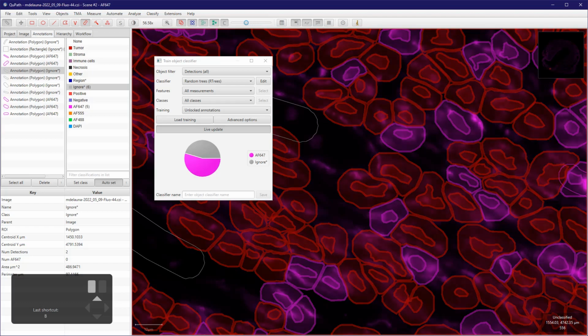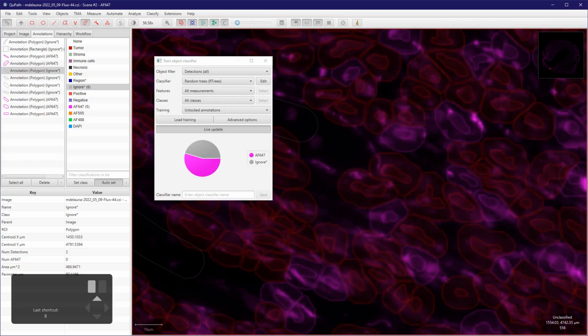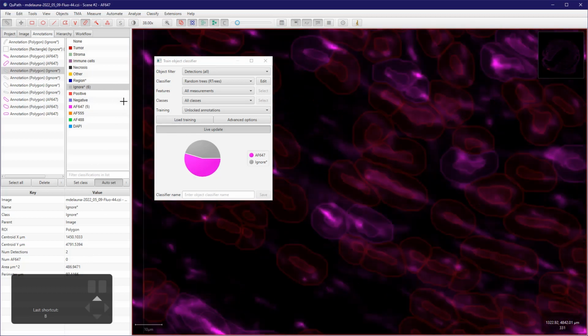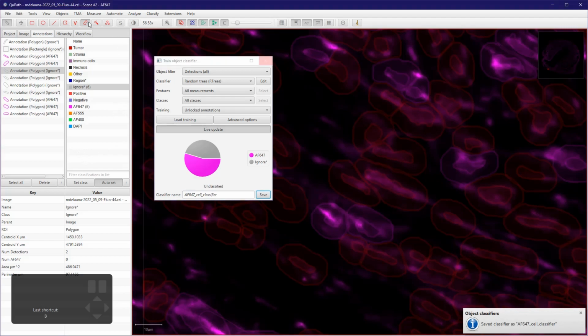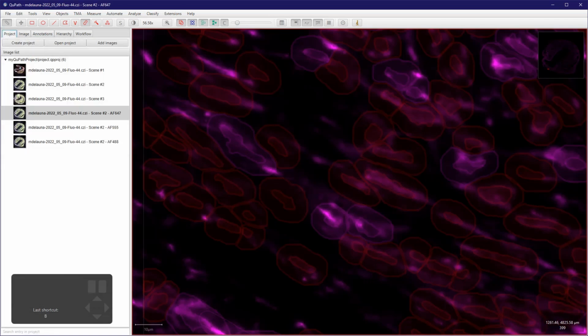Probably too many positives here. I don't know. Yeah, well, it's difficult to say, but let's say this is okay. I just want to go quickly here. So AF 647, so classifier, and save it. So now I've created several classifiers here, and if I go back to my